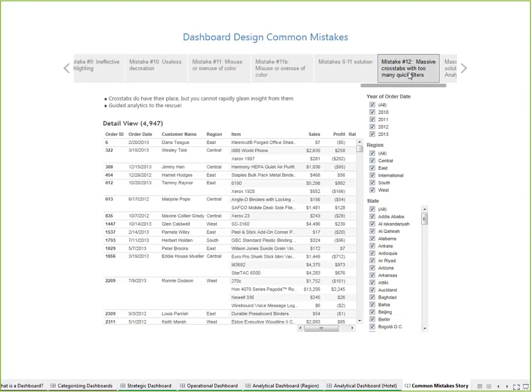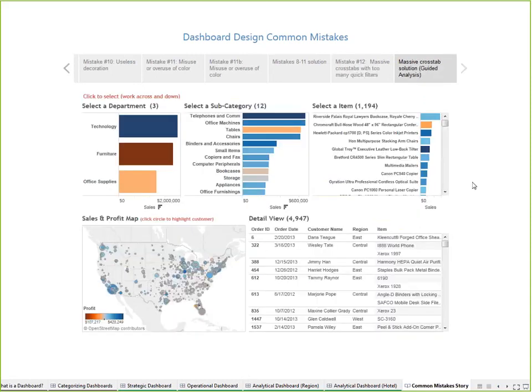Not only is it a clunky process, but crosstabs by their very nature are not easily perceived, so you don't get a lot of insight out of a crosstab. And finally, in Tableau, crosstabs can be very non-performant. It's lots of marks on your screen. You've got these quick filters that create unnecessary querying to the underlying data source. It's just not a great user experience creating these massive crosstabs. But the good news is there are different solutions to the massive crosstab problem, and one of those solutions is what